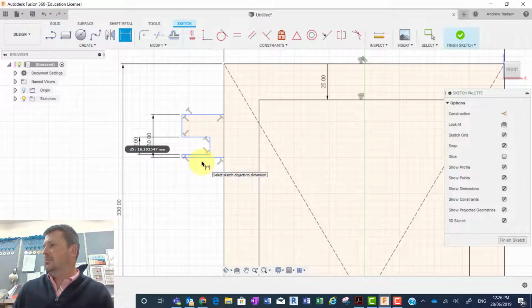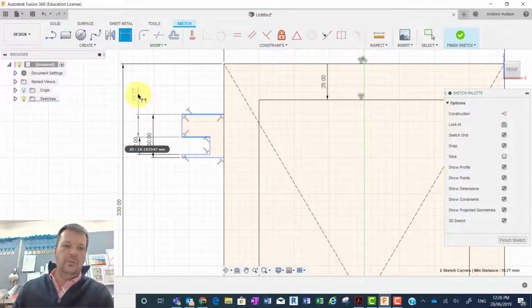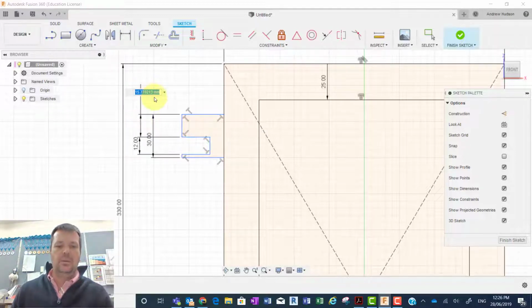So if you did 30 minus 12, that'll give you what's leftover here. So I'll show you how to do that as an equation. Let's say we weren't sure what this number was going to be. What we can do is write this as an equation. So let's go 30, which is our total distance, minus the 12 that we have. And then we should be able to go divide by 2 equals,